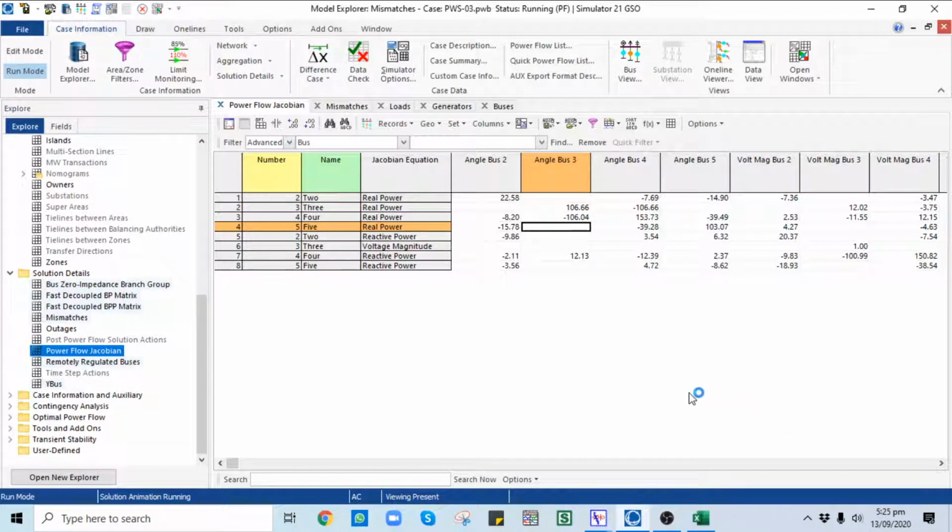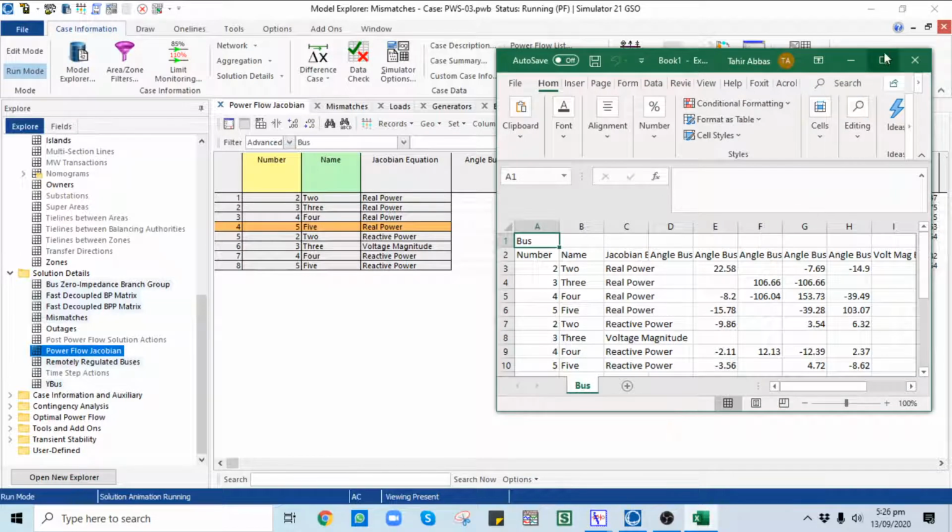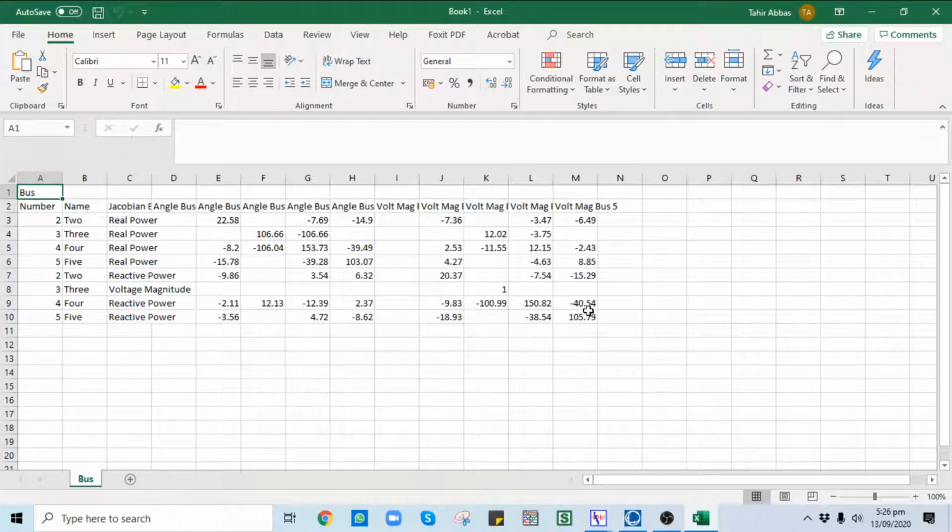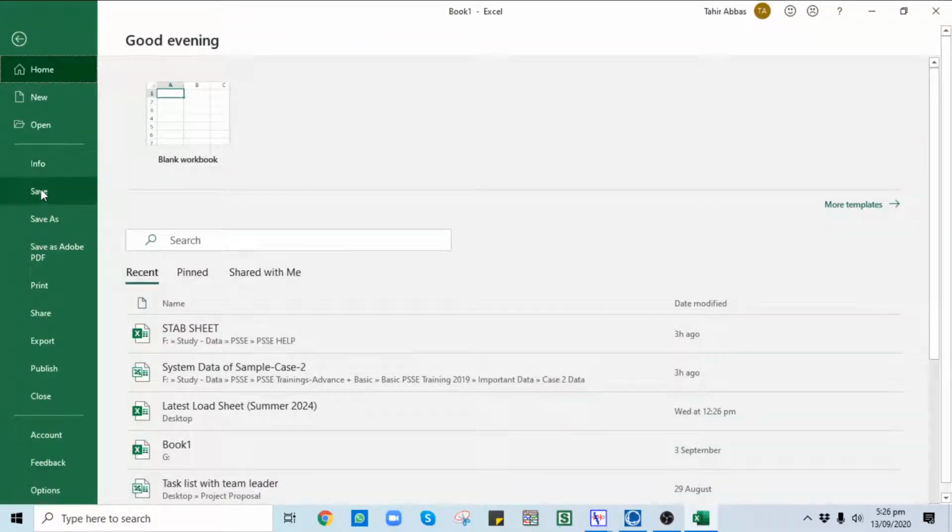So the same file will be saved in your respective folder, the Jacobian matrix of your 5 by 5 size symmetric matrix. You can save.